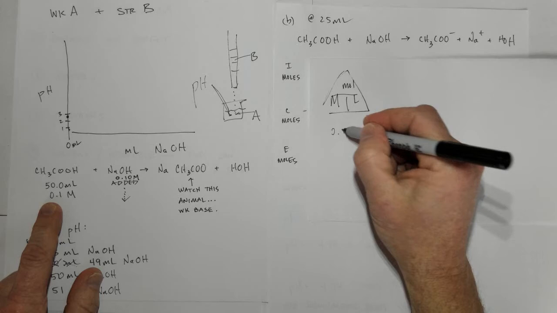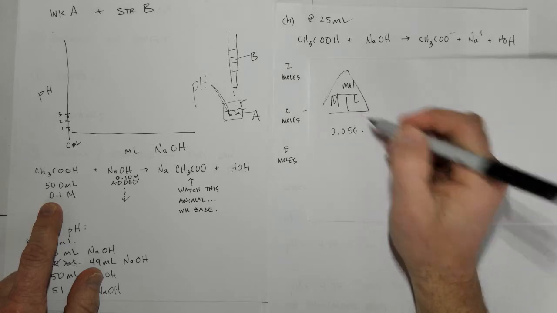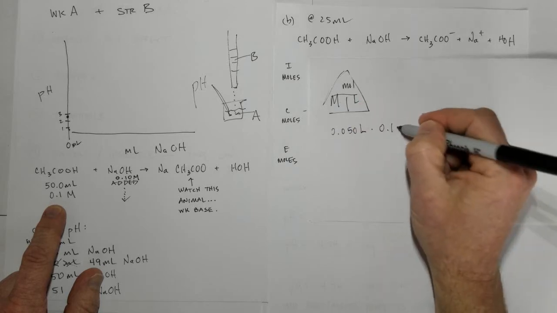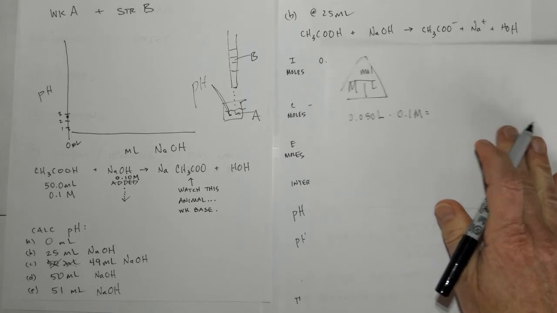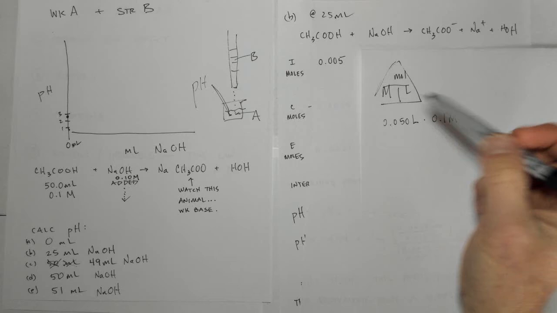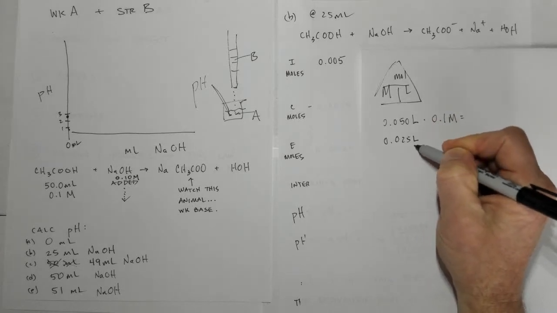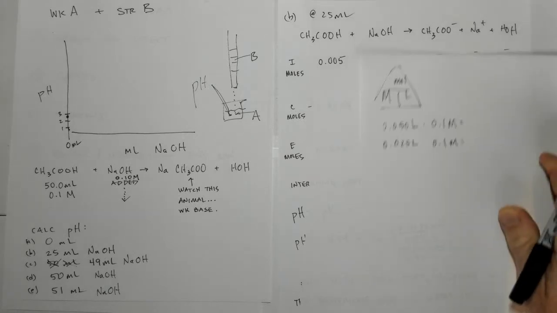So 50 milliliters is 0.050. So that's the volume in liters, and then we'll multiply that by the molarity, which is 0.1 molar, and that gives us the number of moles right here, which is 0.005. And then for NaOH, we have 25 milliliters added, so 0.025, and that's also 0.1 molar, and so right now we have